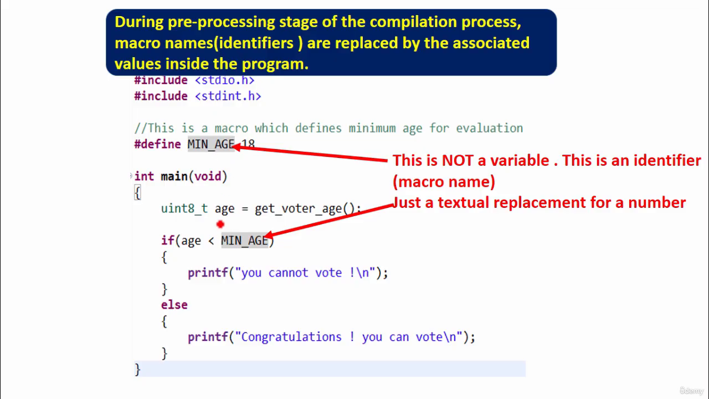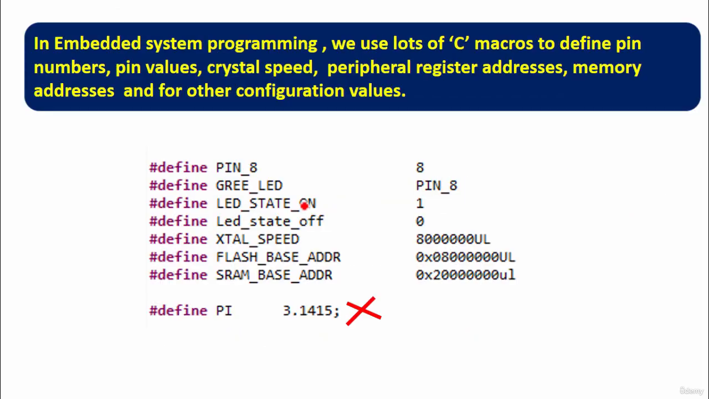And you should also note that this is not a variable. This is an identifier or a macro name. So this is just a textual replacement for a number. That's it. Let's proceed. So in embedded system programming, we use lots of C macros to define pin numbers, pin